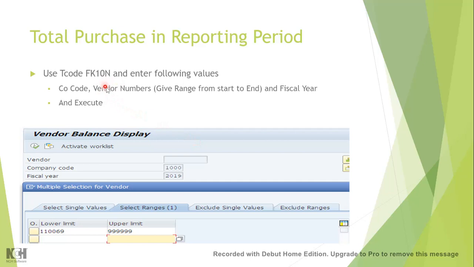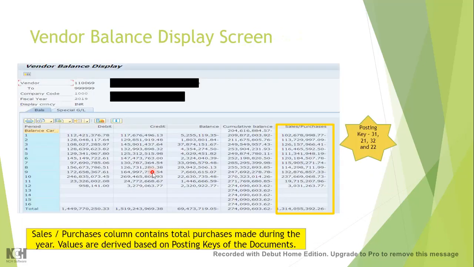Once you get the access, you go to this transaction and enter the following details: your company code, fiscal year, and in the vendor field you give from the beginning to the end all the vendors which are applicable for your audit. Then execute. It will display like this.